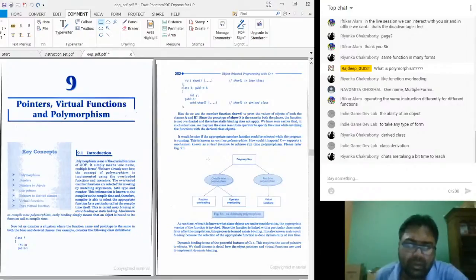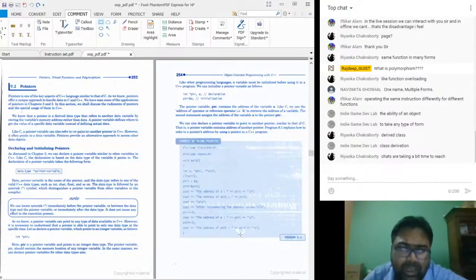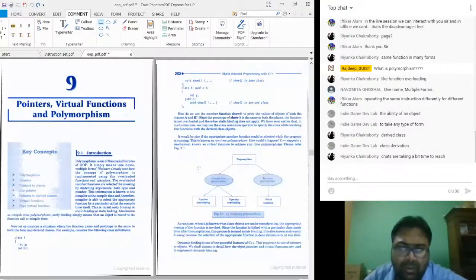Why is it dynamic? Because the requirement to call a specific function with the same name is not known in advance. It is only during runtime, based on the decision of the user, that the appropriate function is going to get called. We will see these virtual functions later. It requires quite a lot of things, so we need to go through pointers first, then we'll come to virtual functions. I hope the context is clear why and where the virtual function is used.